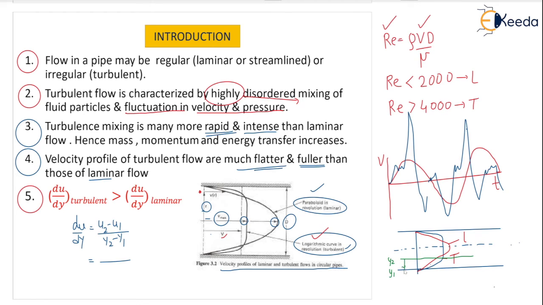So I have created a dy distance from the wall, which is common for both laminar and turbulent. So my dy is common. y2 minus y1 is common for both laminar and turbulent. Now I want to compare. Compare means now only the numerator, the denominator is the same. So if the numerator is more for the laminar, then the gradient is more for the laminar. If the numerator is greater for turbulent flow, then du by dy will be greater for turbulent flow. Correct. That means the velocity gradient du by dy only depends upon the numerator now, u2 minus u1.